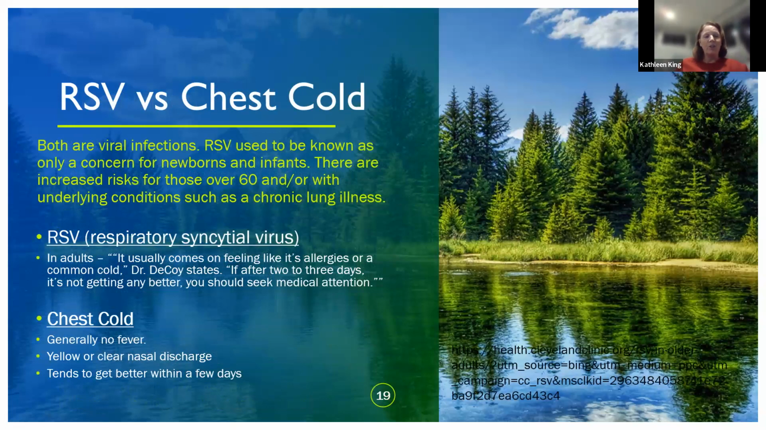RSV versus a chest cold. I think a lot of people have heard of RSV now. We typically knew it as a pediatric illness. Children 2 and under, it can be life-threatening for, but has always been known as a pediatric illness. However,